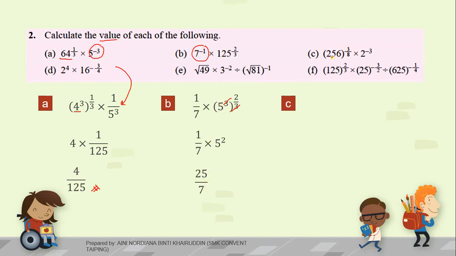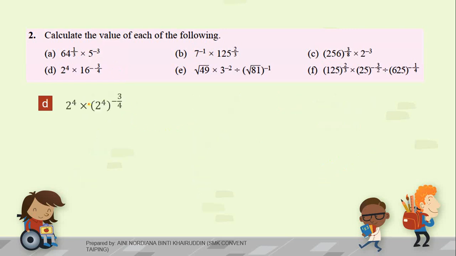For C, 256, change to 2 to the power of 8, so that you can cancel out 8. So 3 plus negative 3, you get 0. So 2 to the power of 0 is 1. D, 16 change to 2 to the power of 4. Then you get